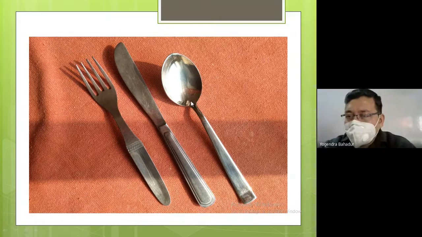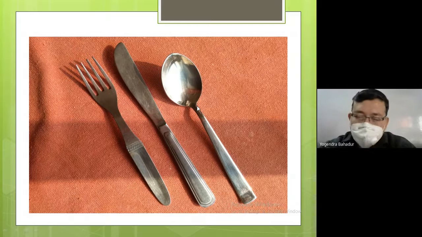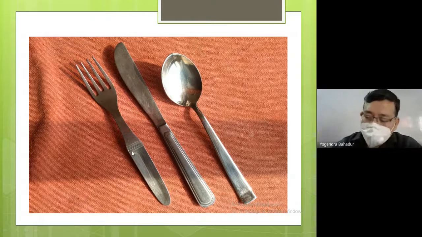The spoon placed on the right hand side is known as the AP spoon. AP stands for all-purpose spoon. All-purpose spoon means it can be used for having anything. Likewise, the one in the middle is known as the AP knife, AP again standing for all-purpose knife. And on the left hand side, you are finding the AP fork, which is the all-purpose fork.